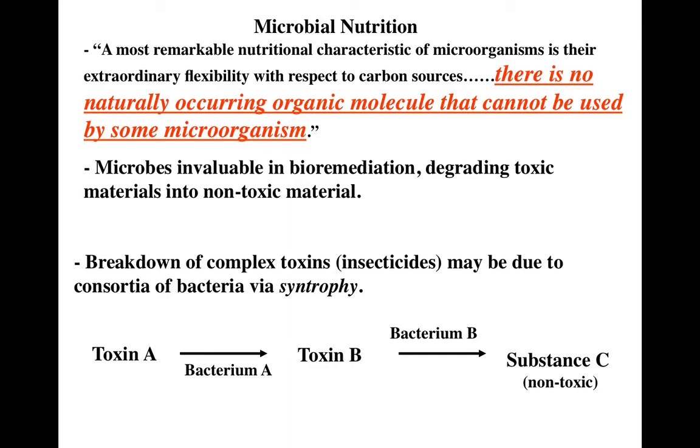So in terms of remediating polluted sites, understanding microbial metabolism is crucial, because a lot of people actually mine for bacteria that can break down various pollutants and then use those to help clean up sites. So they're invaluable in bioremediation. And oftentimes, even though there may not be one bacterial species that can break down a toxin or an insecticide, there's usually a guild or a collection that can do it in a process known as syntrophy, where